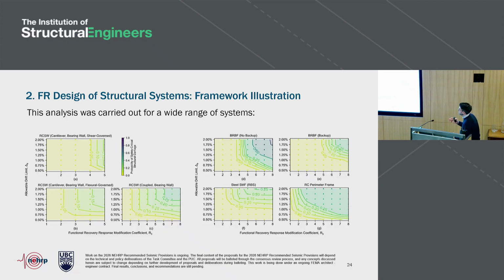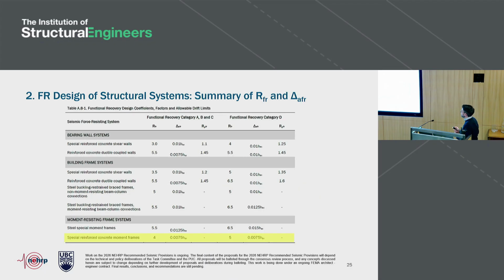So as you'd expect, I showed a table with a lot of systems earlier. We did this for any one system. We picked a range of gravity systems that could go with it. We looked at a range of heights, and then we repeated this for other systems that I included in the table. And you can see that these contour plots can vary a lot, right, from system to system. But hopefully this gives you a sense of how we could then select appropriate combinations of RFR and drift limit to give us low probabilities of safety critical structural damage. And that's kind of how we went about this exercise. And this is the result after all that work.